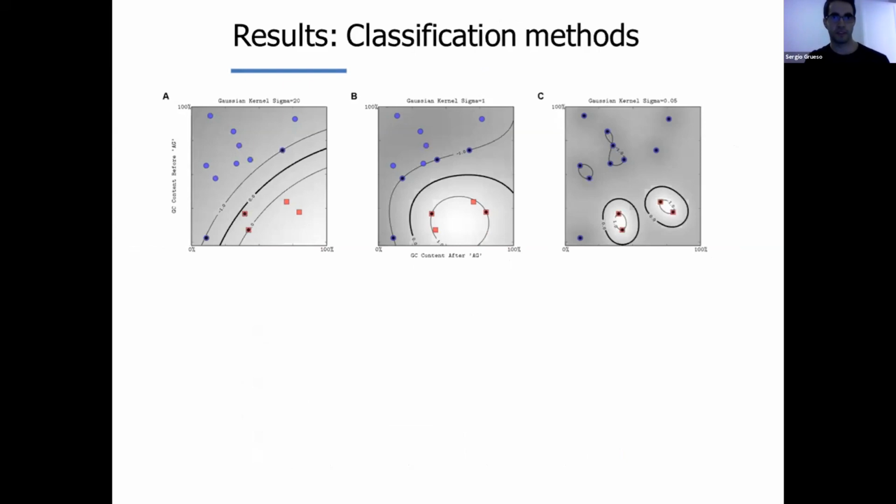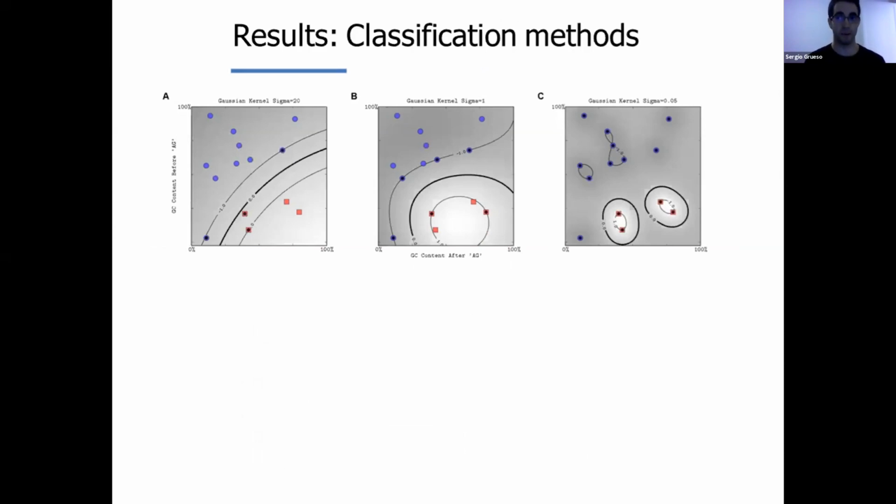The classification method selected, SVM, support vector machine, was the most selected classification method. And here you can see 3 types of the Gaussian kernel, which was the most selected kernel for this classification method. That's something we also expected because support vector machine has been proven to be a very good classifier of